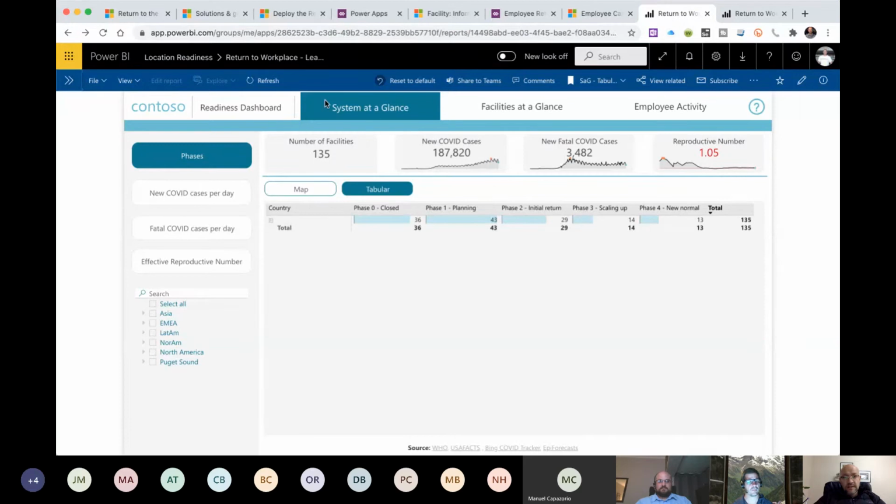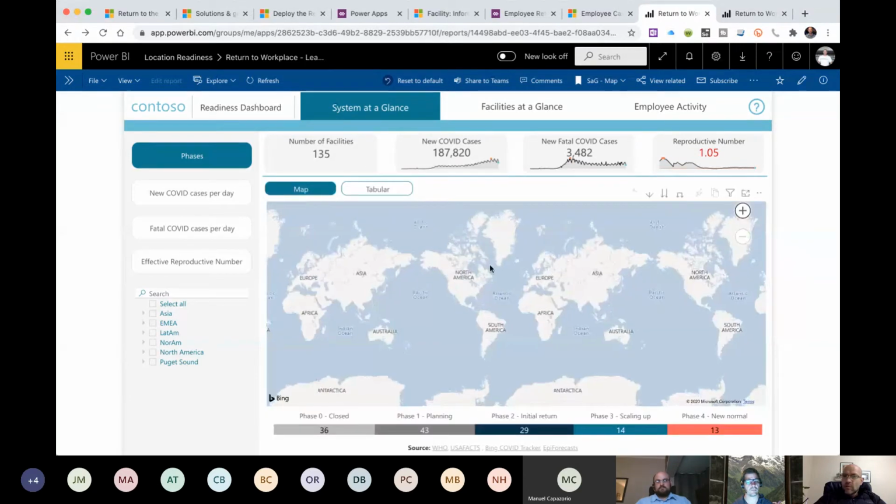Everything that I showed you is surfaced in two very nice looking reports. The first one is the leadership report, and here it'll show you things like system at a glance. It'll show you how many incidents there have been. All of this integrates with the statistics from the World Health Organization. So you'll see the new COVID cases at the top here, new fatalities. All of these are live information pulling through from the World Health Organization and other sources, so you don't have to maintain these things. It's automatically updated, as well as the reproductive number, which basically says how contagious this is at the moment and how many people you can expect to infect if somebody is infected in your organization.